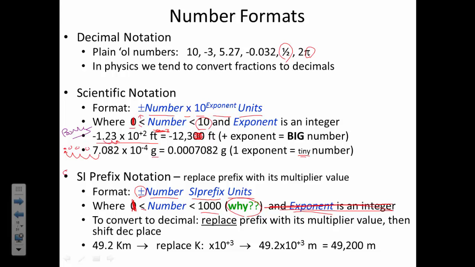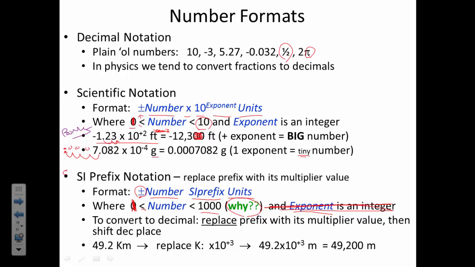Your SI prefix comes from your list of SI prefixes. And there are additional SI prefixes. You probably memorize, like King Henry doesn't drink chocolate milk or something like that. There are additional ones, but like I said, for physics, we use the ones that are multiples of 3s plus the centi, which is